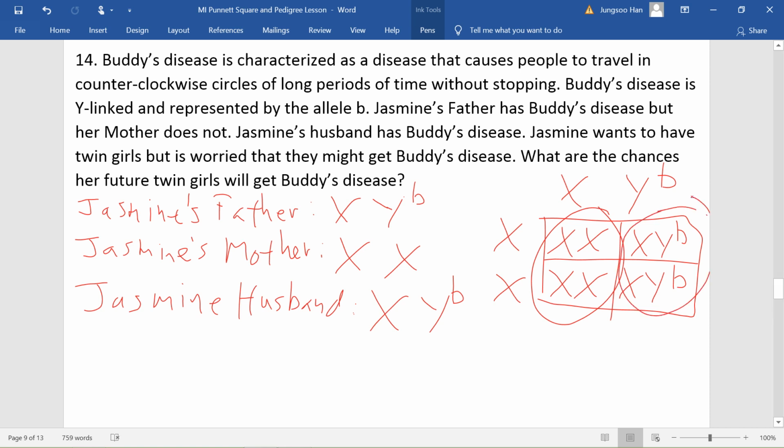Since Jasmine is a female, she has a 0% chance of getting Buddy's disease from her father because Buddy's disease is on the Y sex chromosome, and she doesn't get a Y sex chromosome from her dad. She gets the X sex chromosome from her dad and an X from her mom. So Jasmine has a 0% chance of having Buddy's disease. So her genotype